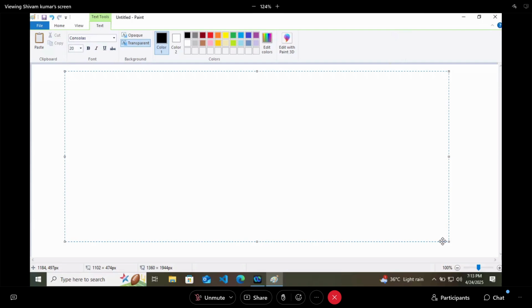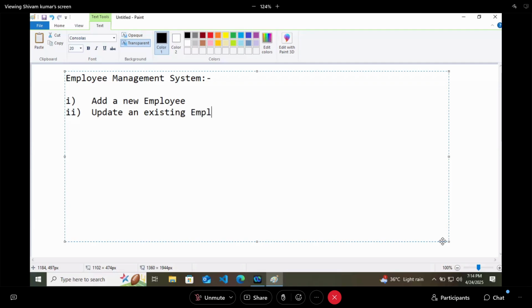In the last session, we completed the employee management system project. In that particular project, we were able to add a new employee, update an existing employee, and delete an employee.